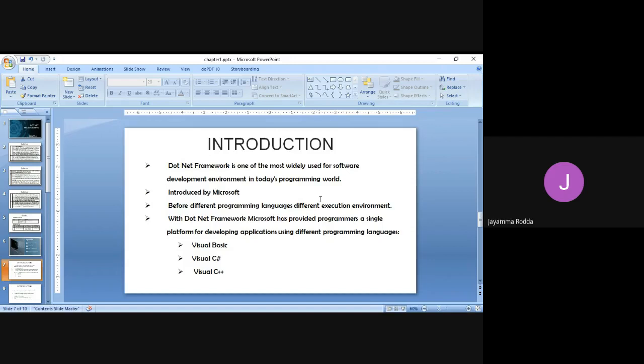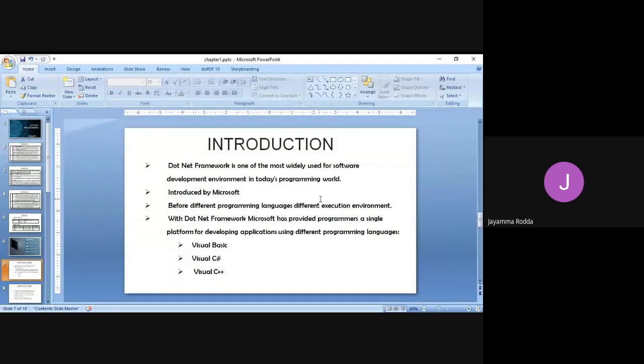Before this, there were many different programming languages for the development of varieties of applications. But there is a difference between those programming languages and the .NET programming language.